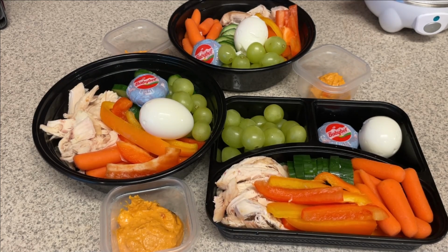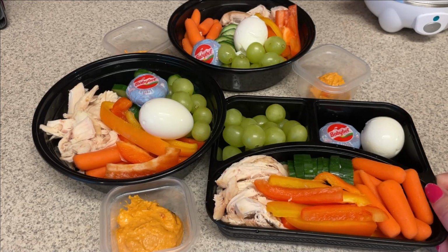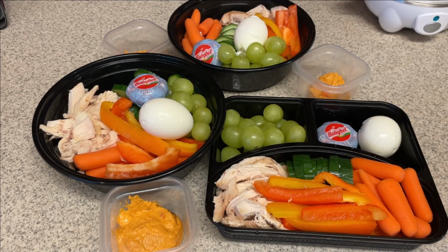It's so hot right now. It's supposed to be like 95 every day this week, and I figure having something like this that's easy to just grab and go is also nice for summer. I can go eat it on my porch during lunchtime and all that kind of thing. So anyway, here are my snack bowls, and now the last thing we need to do are the chicken